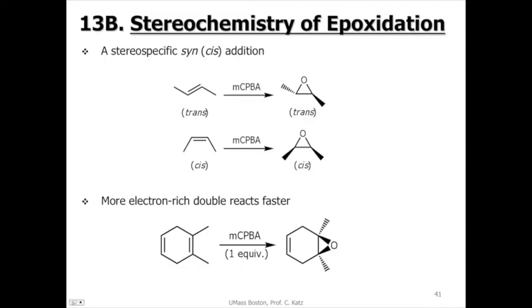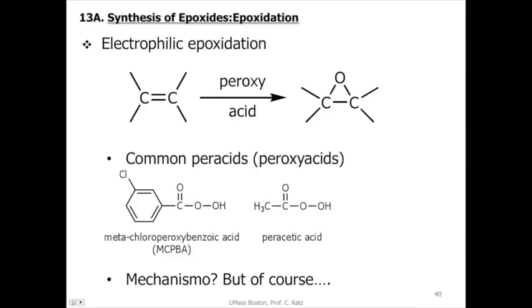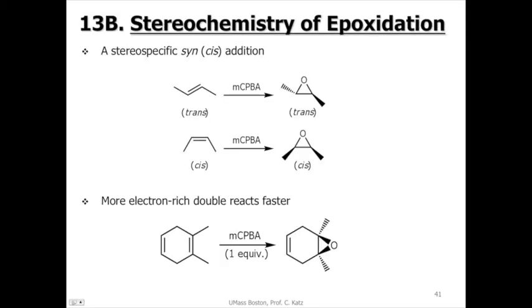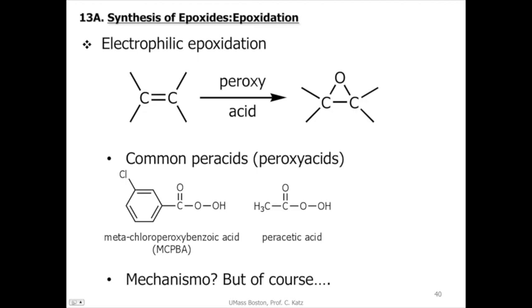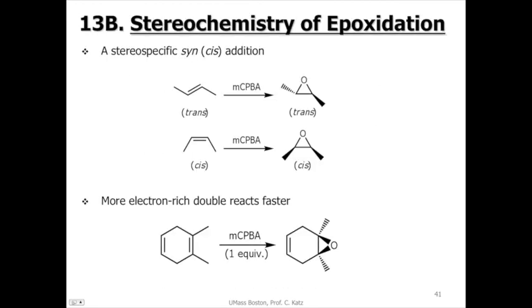We will talk about the stoichiometry, and then we'll give you one quick mechanism. So here, if we have a trans olefin or trans alkene and use MCPBA, then we have a trans epoxide. Why? It's because this oxygen is going to come from one face